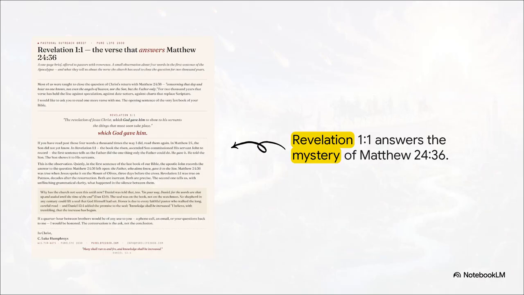Now, you might be wondering, what about that famous verse in Matthew 24 that says, "No one knows the day or hour"? Well, the source tackles that objection right out of the gate. The author uses Revelation 1:1 to argue that, sure, while the Son didn't know the day or hour originally on the Mount of Olives, the Father actually unsealed this knowledge later on and gave it to him decades later on the island of Patmos. The argument here is that the seal was on the book, not on the watchman, and according to this text, that seal has absolutely now been broken.